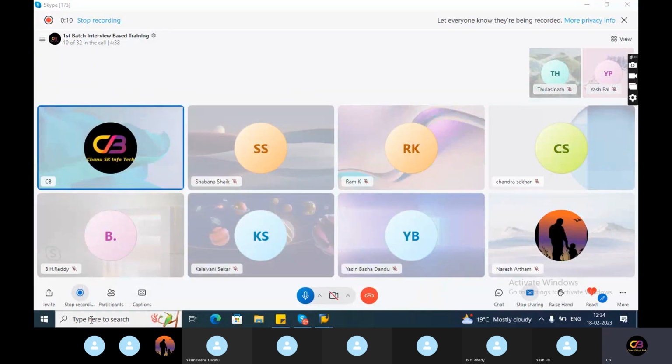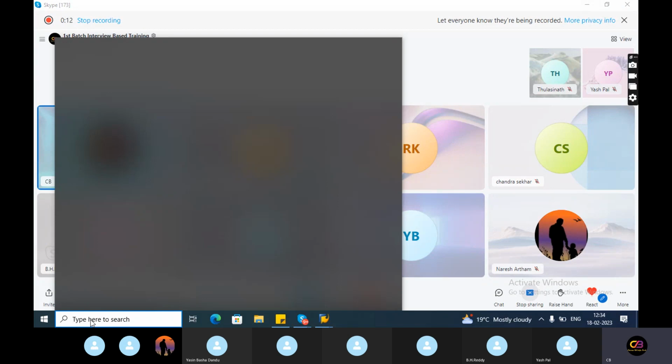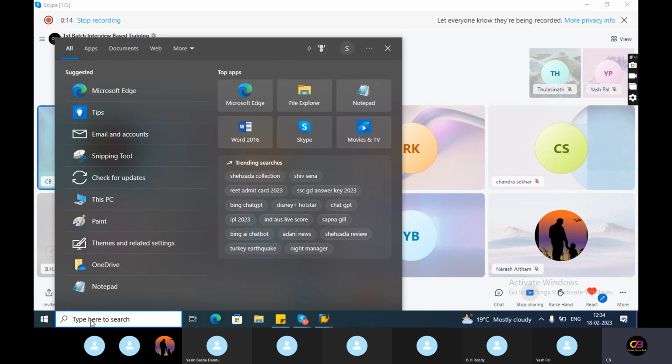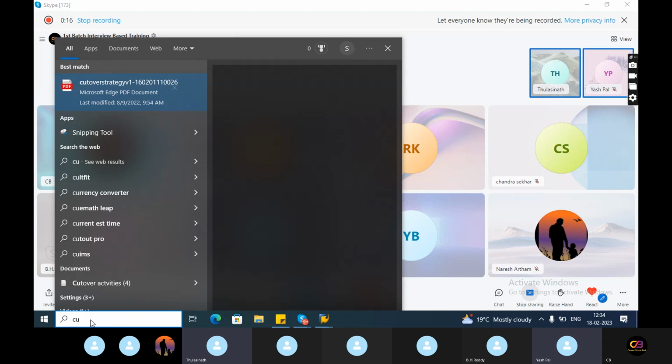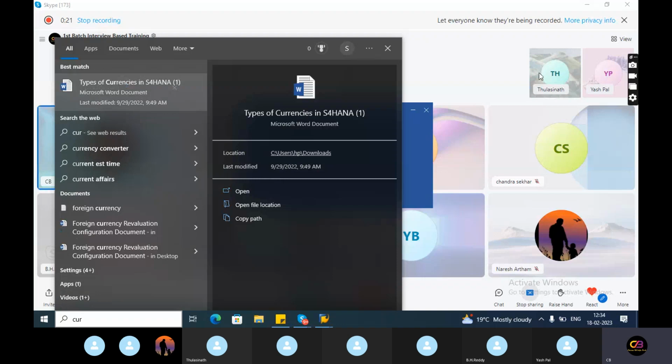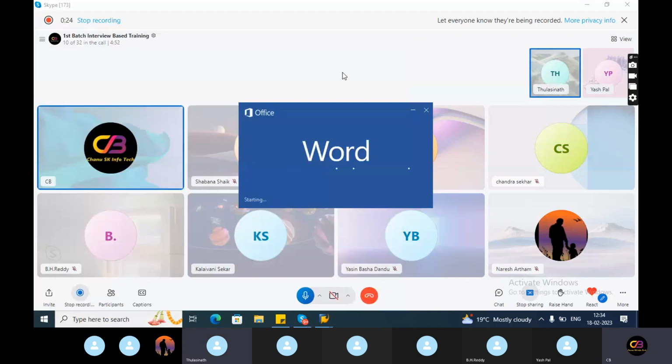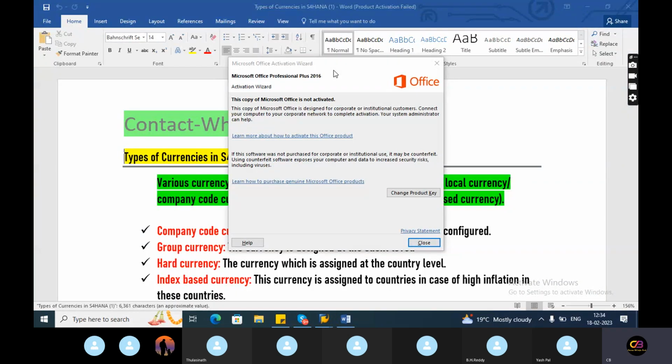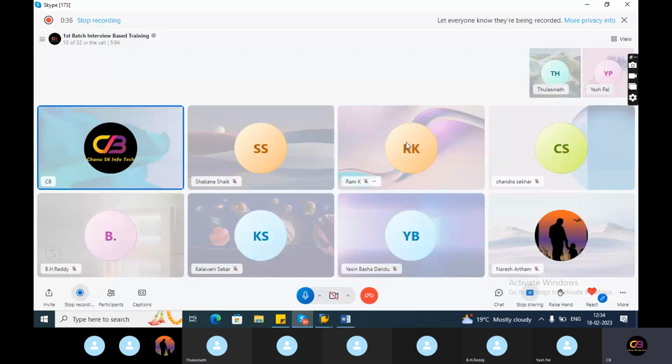Okay, tell me how many currencies ECC supports? There are 3 currencies we can support in ECC, but in S4HANA 10. Okay, so what exactly are the 3 currencies? We will post different kinds of transactions like USD to INR, INR to other currencies. But I think local currency, group currency, and